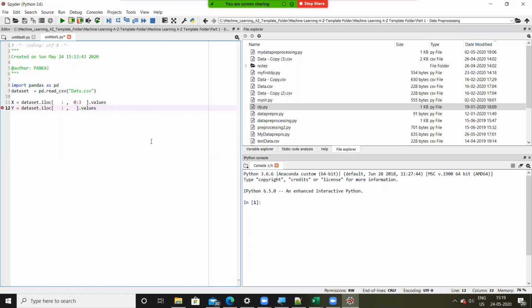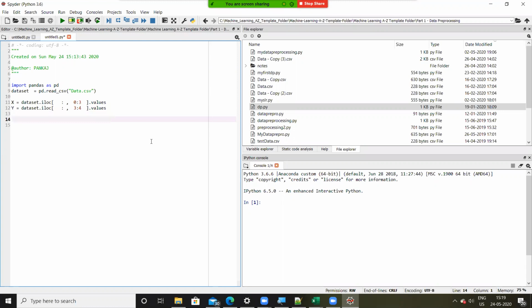We need to read all rows, and from columns we need to read starting from 3 till 4. Now we don't have column index 4, but that's fine because according to the syntax 4 is exclusive. Done. So this was our first step. We have read the data and divided it into two parts: input and output, independent variable and dependent variable, X and Y.